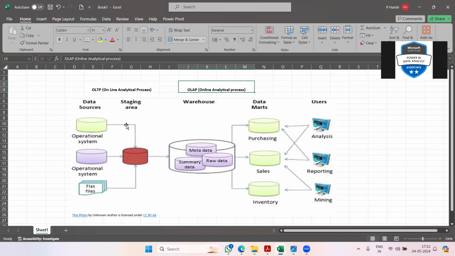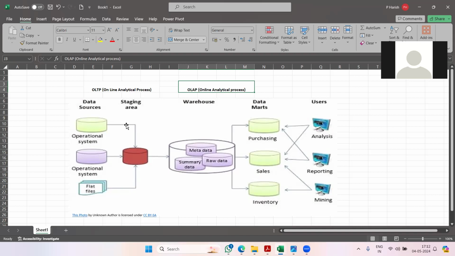Within a fraction of seconds, the teller or cashier sitting there should get only his particular record, right? So online transactional processing mainly focuses on getting a small amount of data at a faster pace,